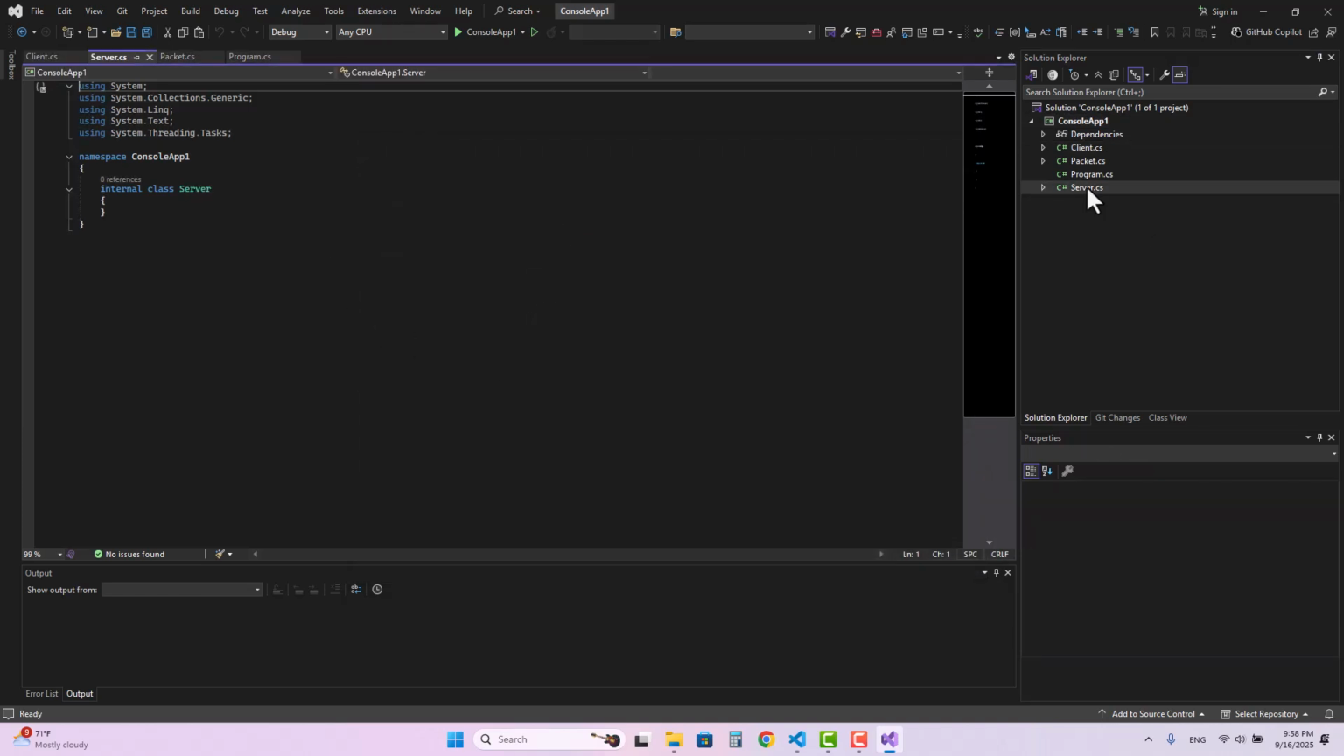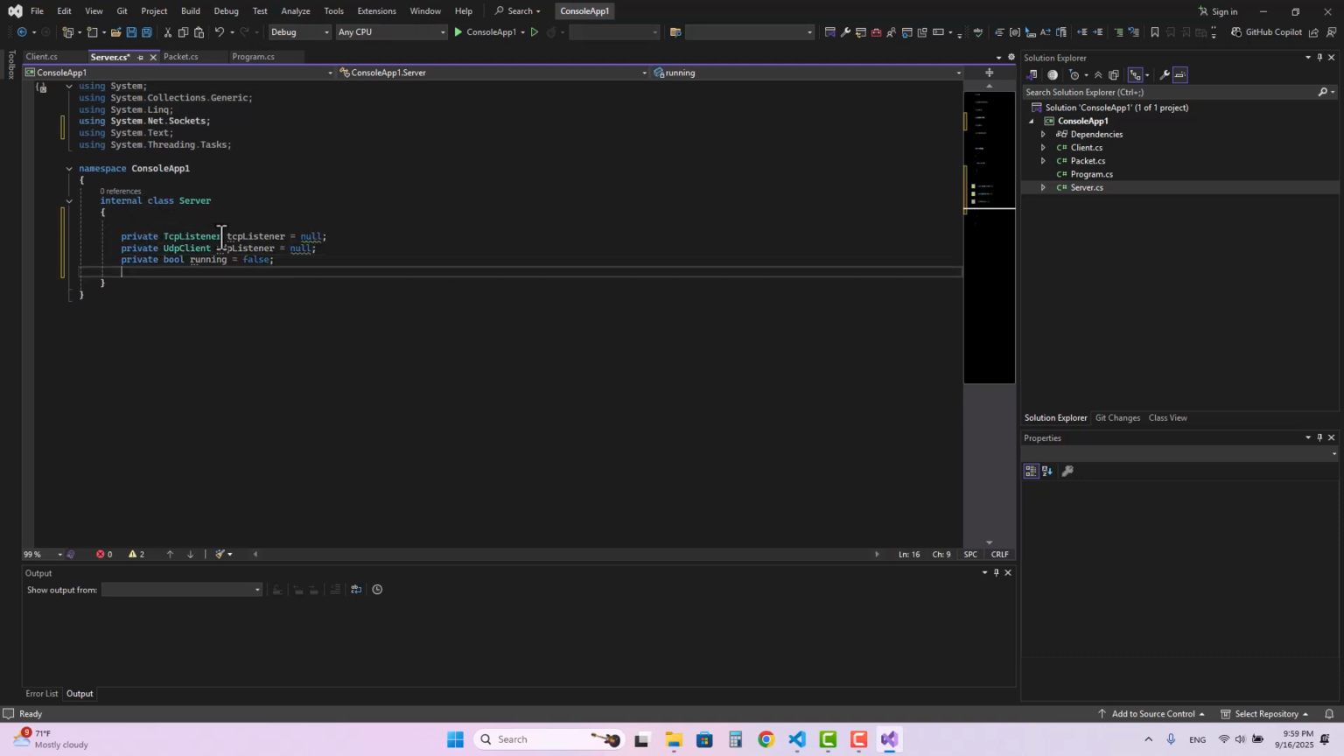So we have a server class and a client class. Starting with the server, the first thing we need is a TCP listener and a UDP listener. Also, we create a boolean indicating if the server is running or not. As the name suggests, the TCP listener is going to listen for new TCP clients that are going to connect